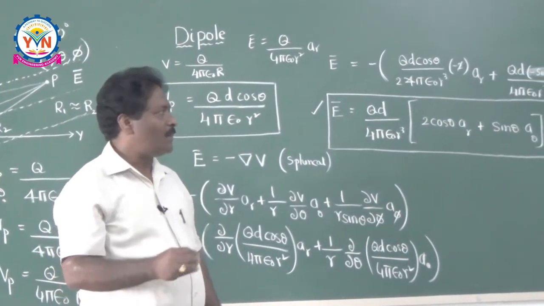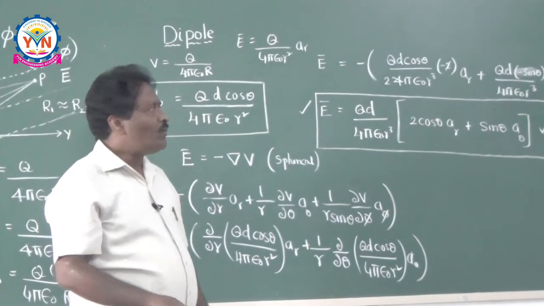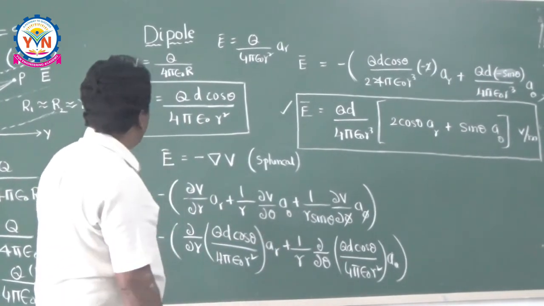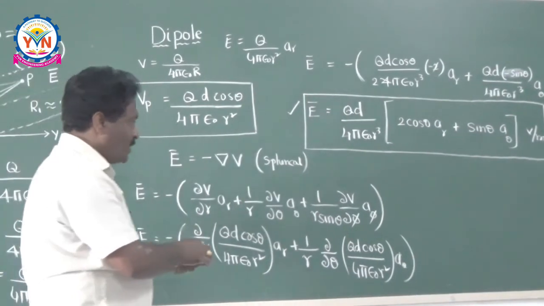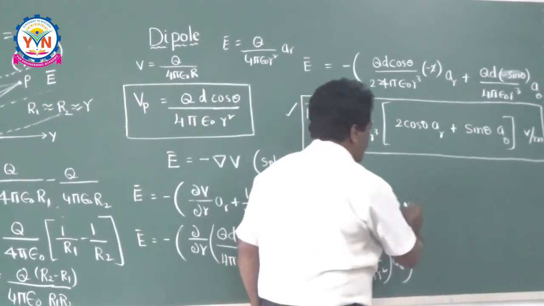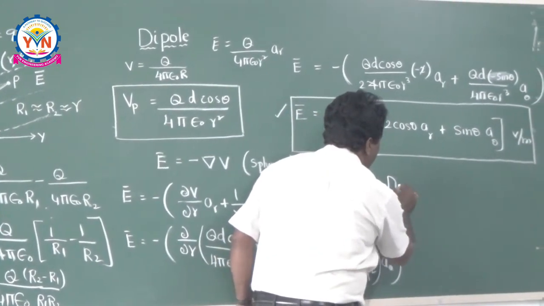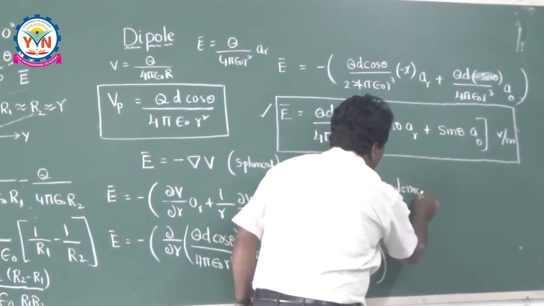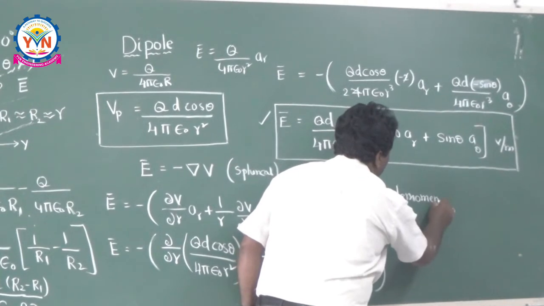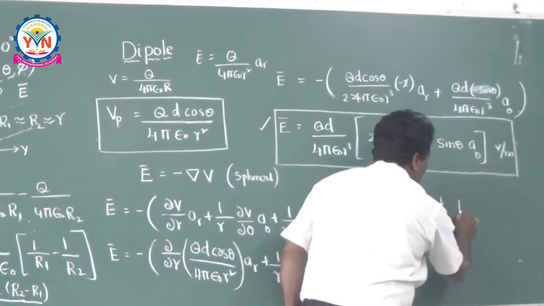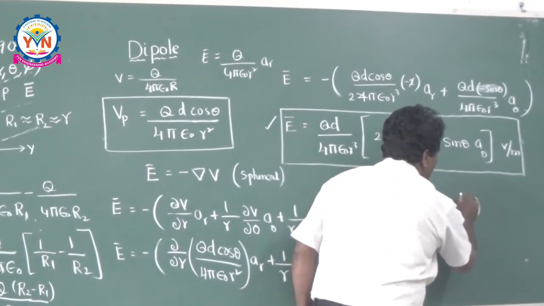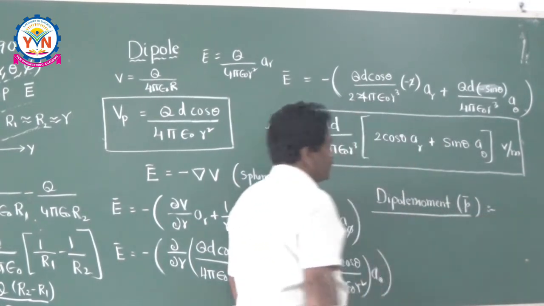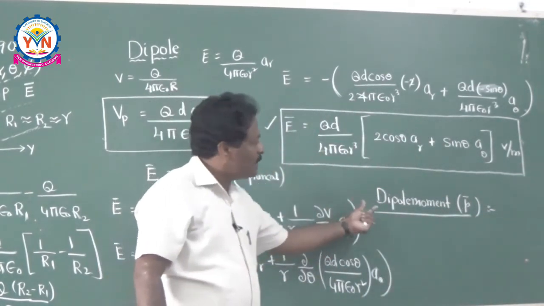that is nothing but the dipole moment. So what is the dipole moment and what exactly is the concept? If you want to understand this, then you have to define the dipole moment here. Dipole moment is represented by the letter small p, which is a vector. It is also a vector. Dipole moment. But how to define this dipole moment?